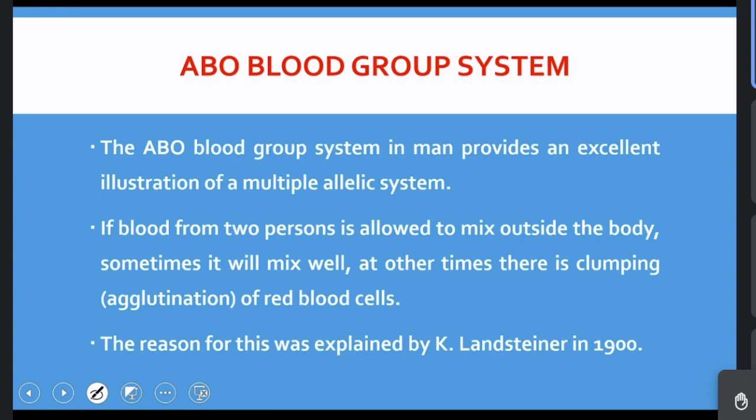So it's an excellent example for multiple allele system. Before the discovery of this, if blood from two persons was allowed to mix outside the body, sometimes it would mix well, and at other times there was a clumping of red blood cells. The reason for this was explained by Karl Landsteiner for the first time in 1900, who discovered,